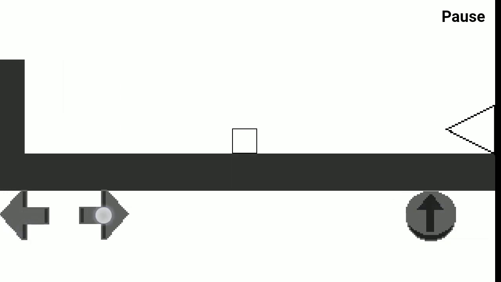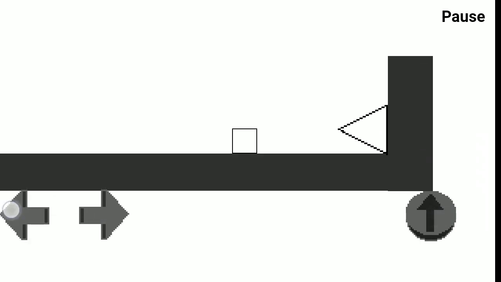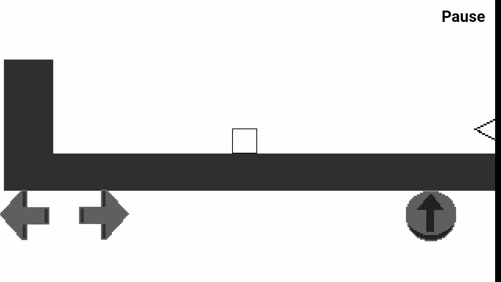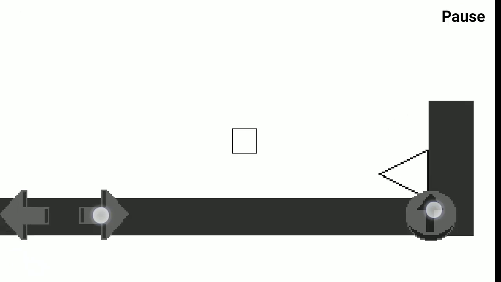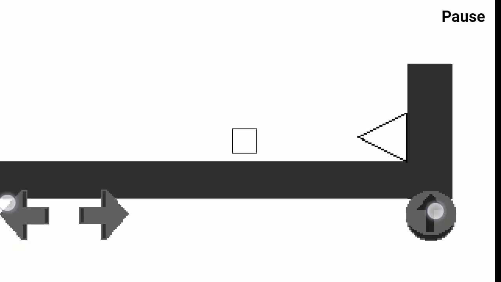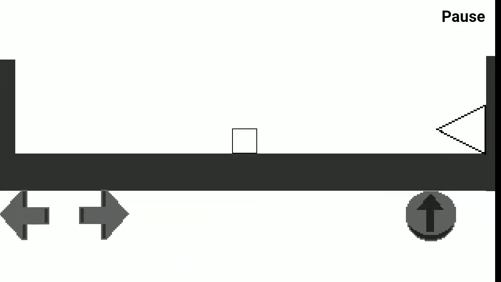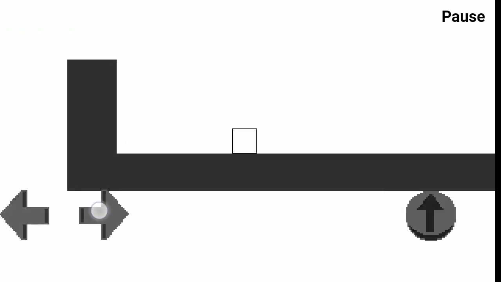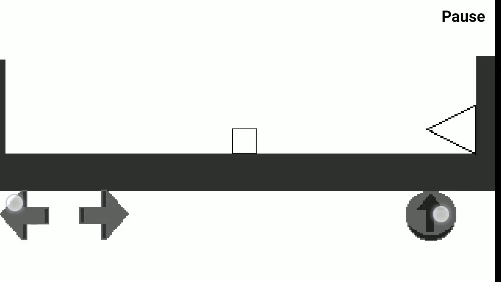I mean, if you use default controls or you control using mouse, you can't. You can press on the pause button and come back also, and if you touch the spike, it will be game over. So let me touch the spike now, so that you can see that, yeah, game over. Now you can press the back button to go back to the game. So yeah, that's what we will be making in this video.